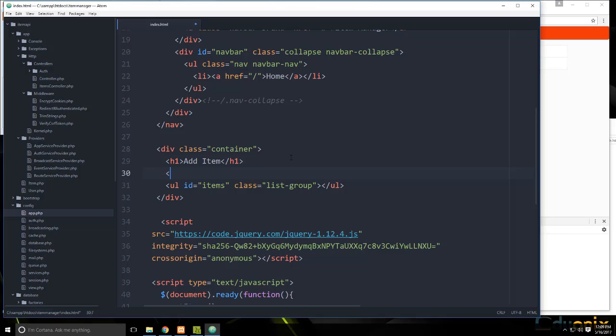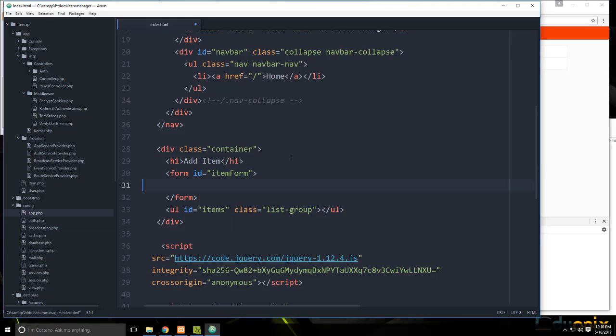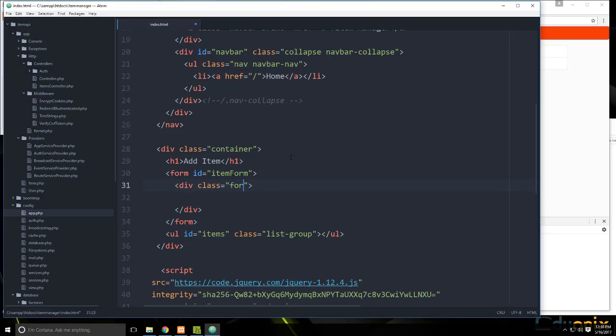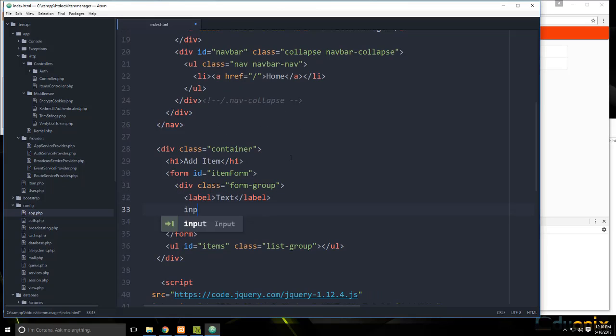and then let's put in a form with the ID of item-form. Alright, and then in here let's put a div, and I'm going to give this a class of form-group. Okay, and then in here we'll put a label, and this will be text, and then an input. Okay, it's going to have the type of text. We don't need a name, we're going to do an ID of text. And we don't need a value either, but we're going to put a class in